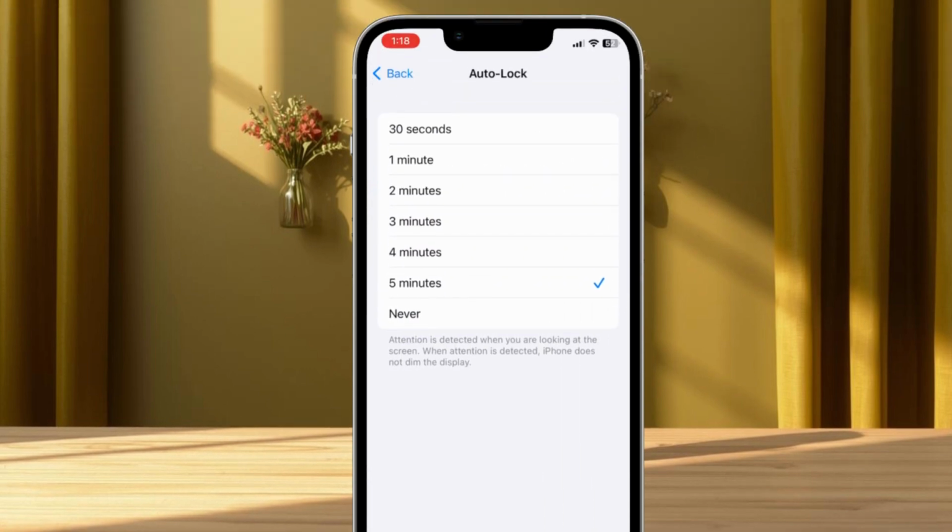You'll see several time options, such as 30 seconds, 1 minute, 2 minutes, 3 minutes, 4 minutes, 5 minutes, and never, depending on your iPhone and settings. Simply tap the time you want to use. Your selection will be applied immediately, and your iPhone will automatically lock after the amount of time you selected when